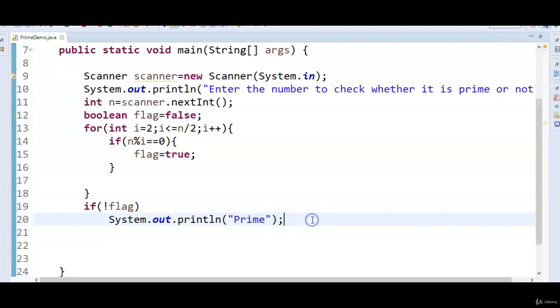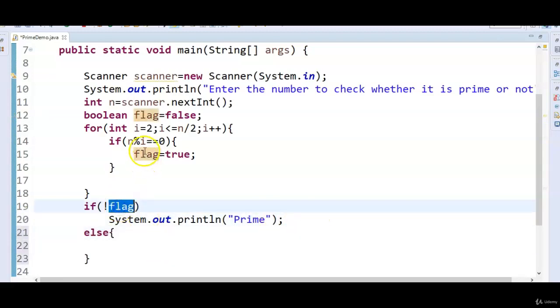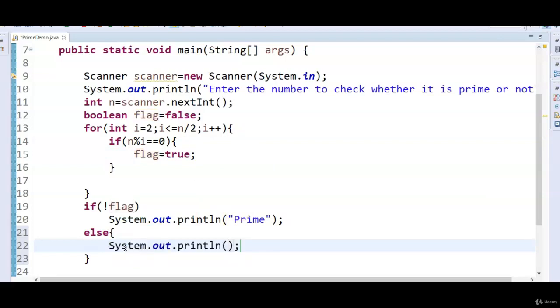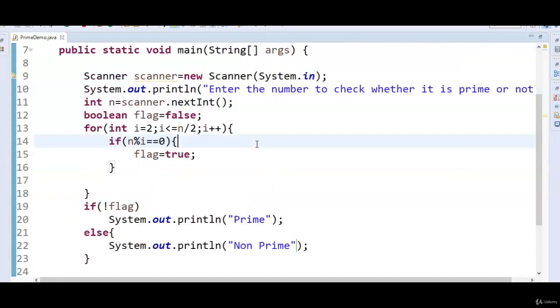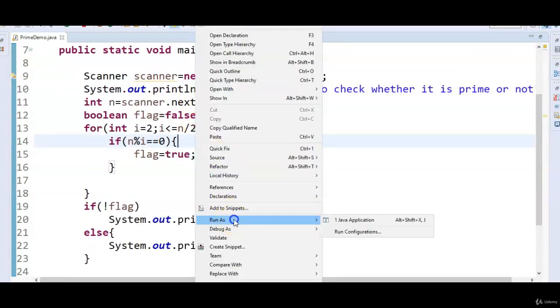Otherwise, if the flag is true, meaning it is divisible by some other number, in that case I am saying sysout non-prime. First let's run the program and validate, and then we'll debug the program and try to understand it in detail. Now I'm running the program.